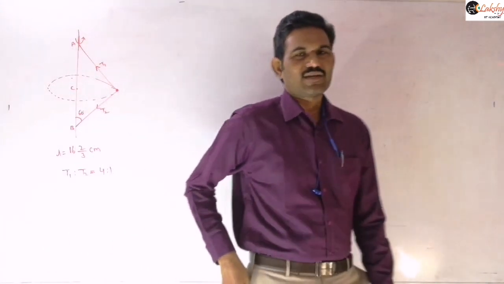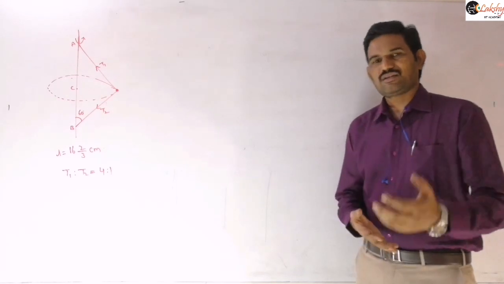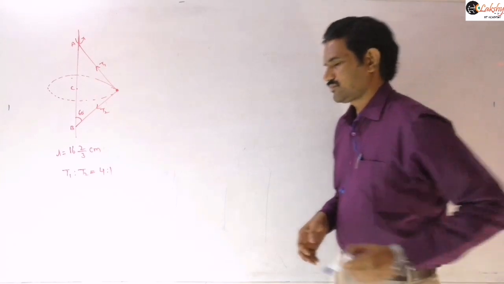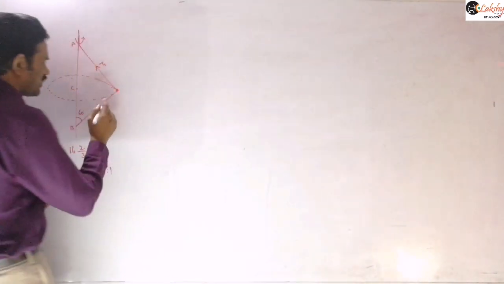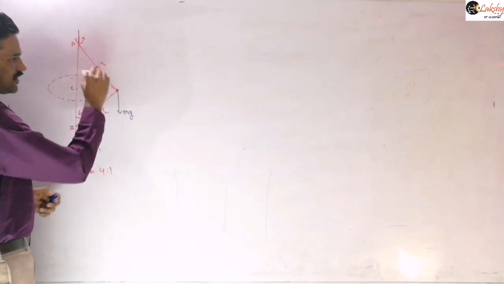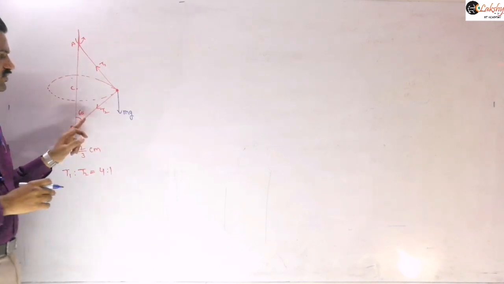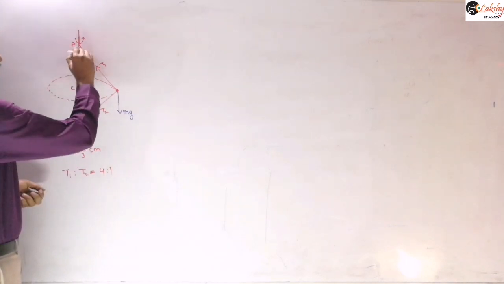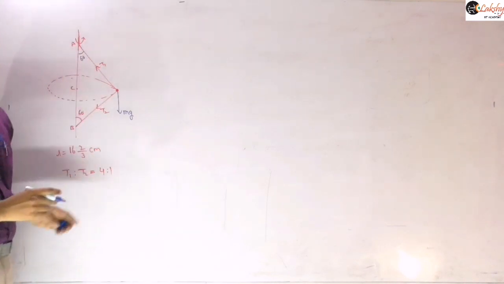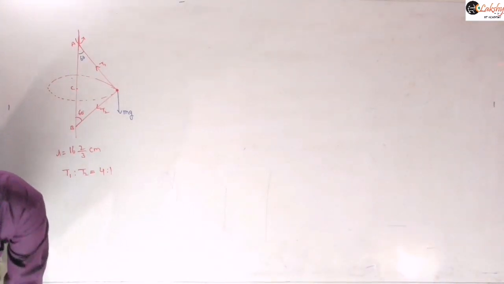So just again the same procedure: we need to take the free body diagram of this block, and then write the force equations, right? So if I take the free body diagram, the weight of this block, mg, will be in the downward direction. I have already expressed the tensions here. This angle is given as 60 degrees, so this other angle is also 60 degrees, because these two lengths are identical, as mentioned in the data.